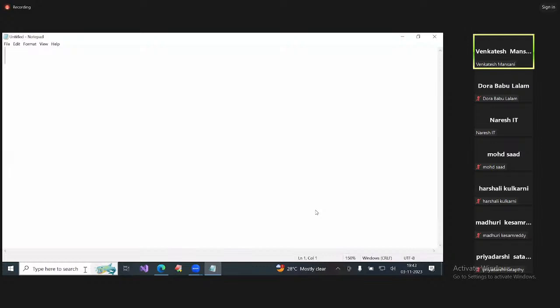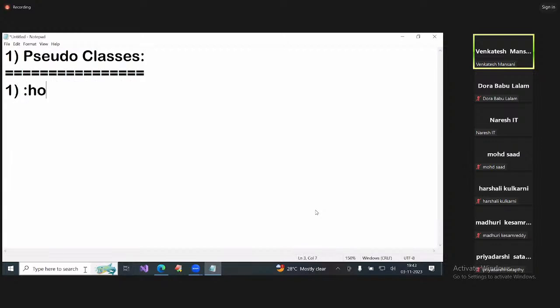Which category of selectors are you learning? Pseudo selectors. Pseudo selectors, how many categories are they divided into? Two. What are those? First one, pseudo classes. Second one, pseudo elements. How many pseudo classes are given? Ten. What are those? Hover,